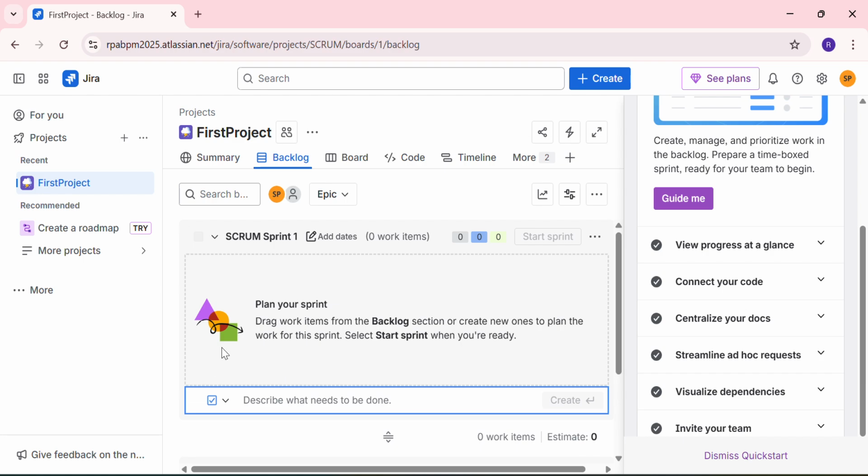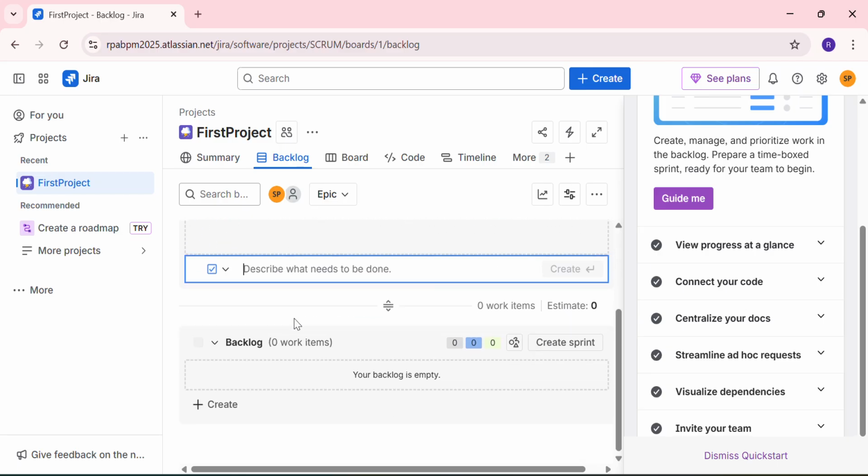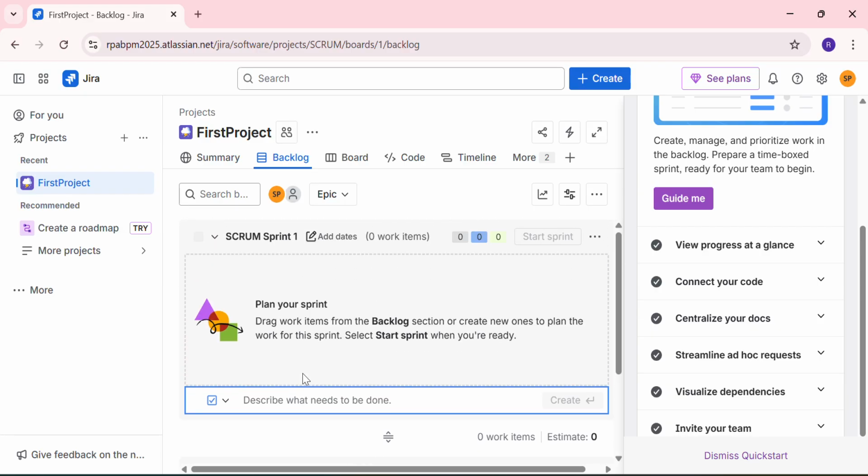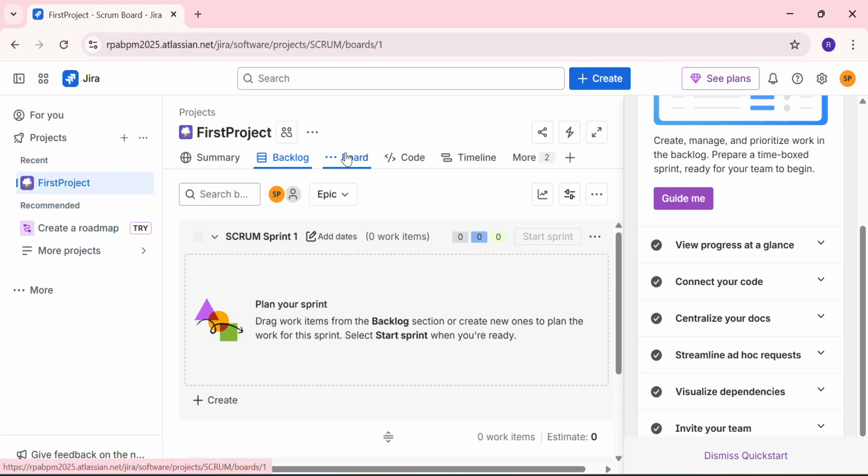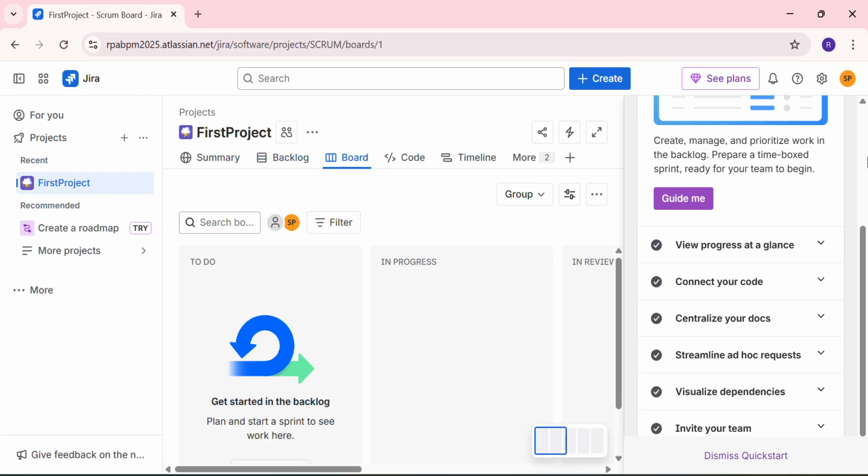Okay. So those come under sprint. Currently we haven't created any sprint or backlog user stories. I'll be explaining how we will create user stories, how we will move those user stories from backlogs to active sprint, and how we'll plan the sprint. All those things I'll be covering. Okay. And apart from that, if you see our board,